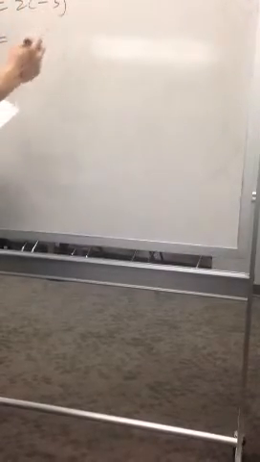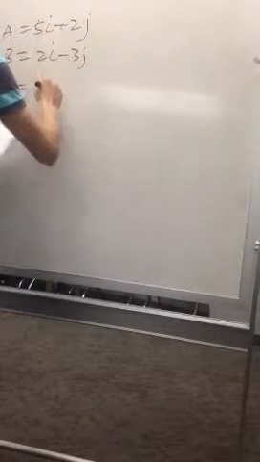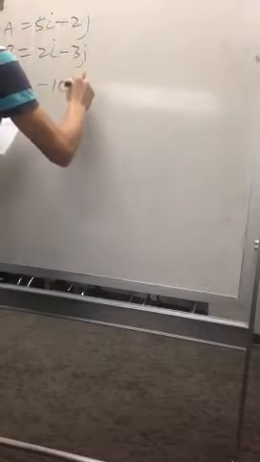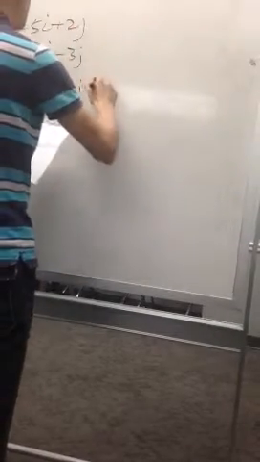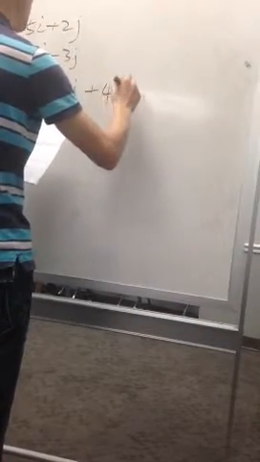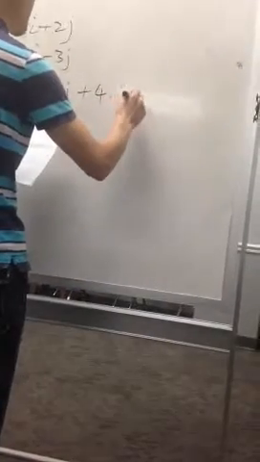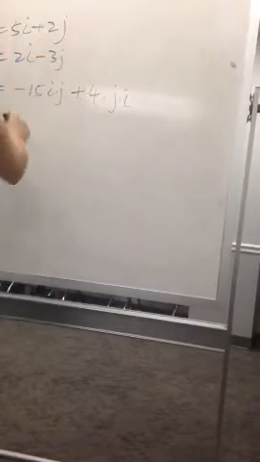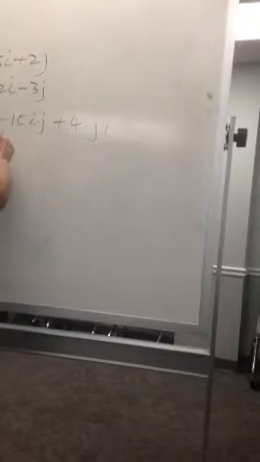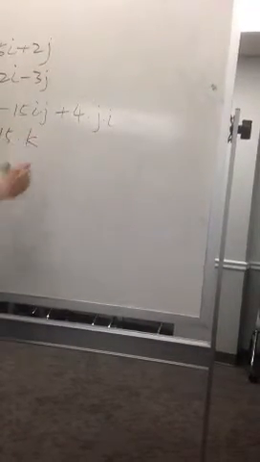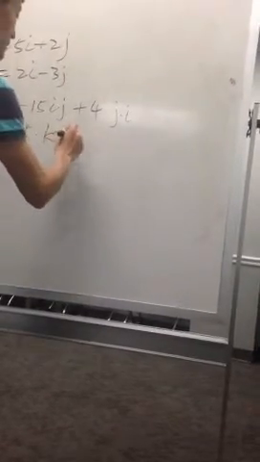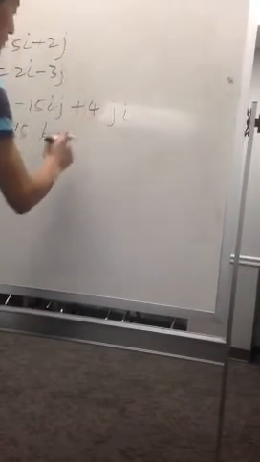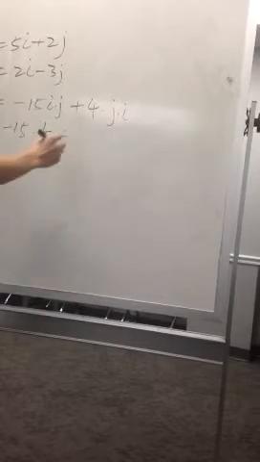because i square and j square will be 0, we don't need to consider, will be negative 15 i times j plus 4 times j times i. And i times j will be k. And j times i will be negative k. So it will become